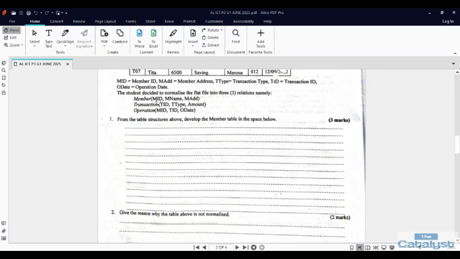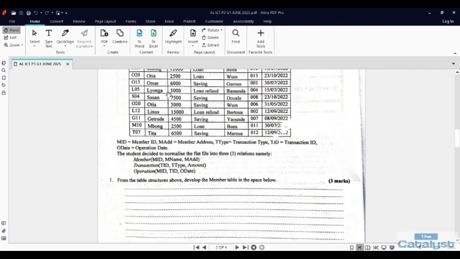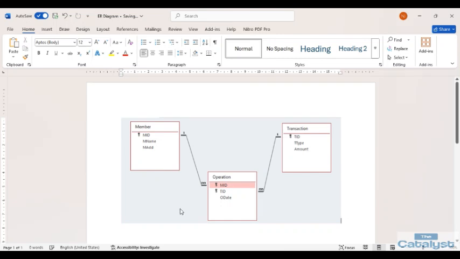So the member table has member ID, member name, and member address. As we can see here, those are the 3 fields we are going to have when developing. Developing simply means that we'll have a table with records and we'll get all the records from this table over here. Okay, so without wasting time, let's go